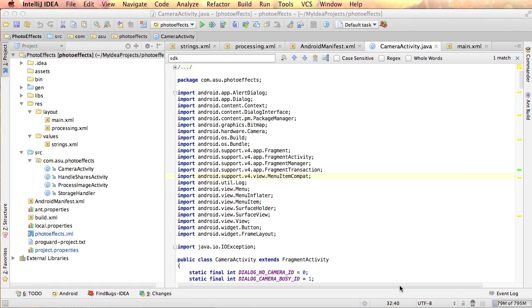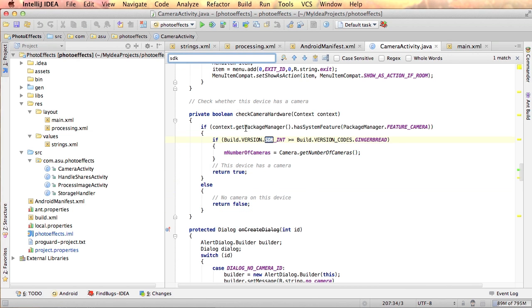As you write your app, you will likely create code that runs only on certain API levels. In some cases, this is because you've directly written code to check the API level. For example, if we look in our app, there's an if statement that checks to see if the build version is greater than or equal to Gingerbread, which is API level 9. So based on this, we can tell that we should definitely test with a device that's at least API level 9 and something that is an older API level,